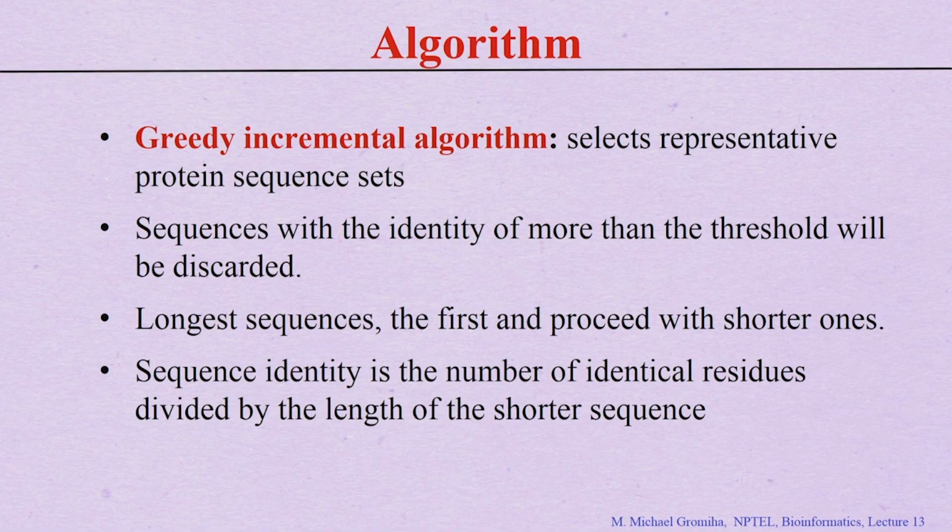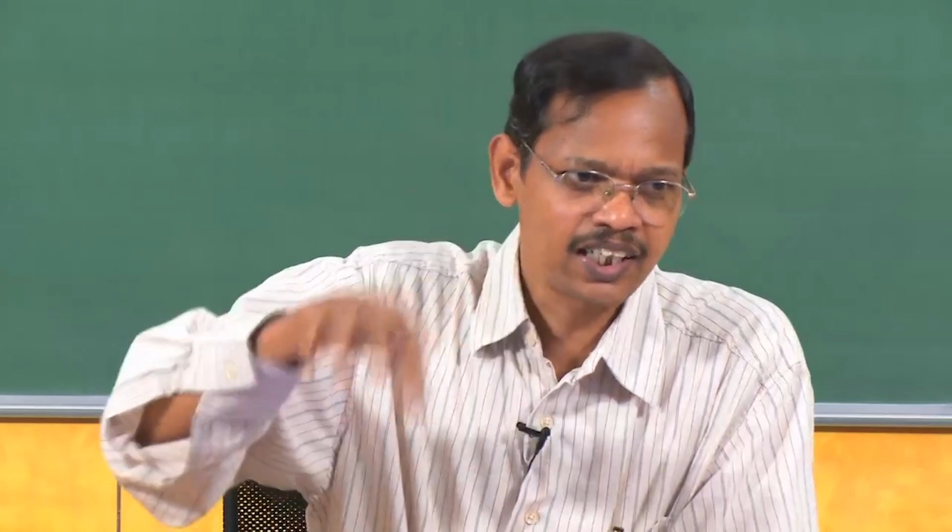So, it uses the greedy incremental algorithm to select the protein sequence sets. It takes some clustering technique, trying to assign each sequence into particular clusters, and then checks any of these features, and using the features you try again and again and again. This is called a greedy algorithm, unless the deviation is very small, even then it is not satisfied. So it looks for other better solutions again and again, to find the most probable solution for getting your